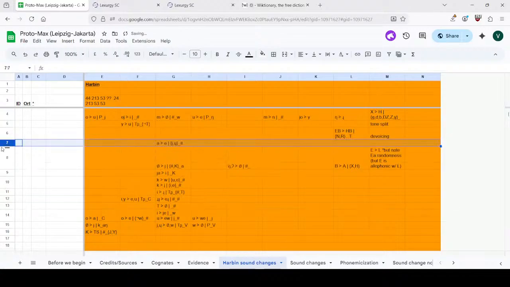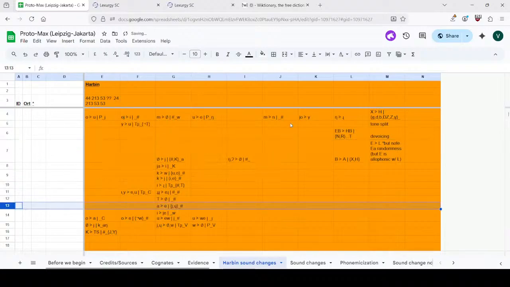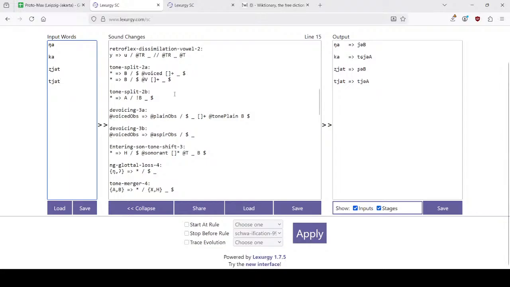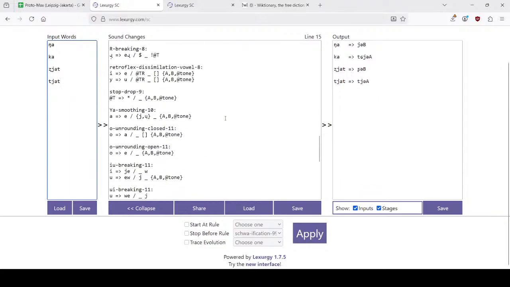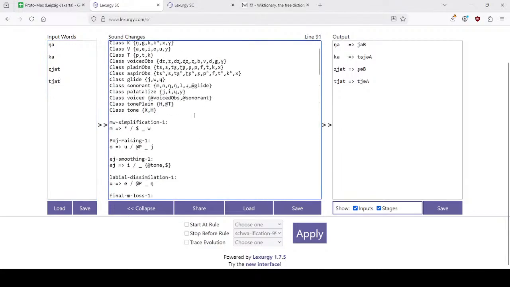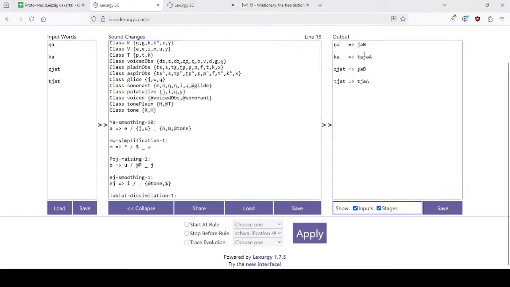Let's see what happens if we move it to the very beginning, as soon as we find it. Yeah, smoothing. Smooth you to the very, very beginning. Apply this. Okay, so that is an issue because